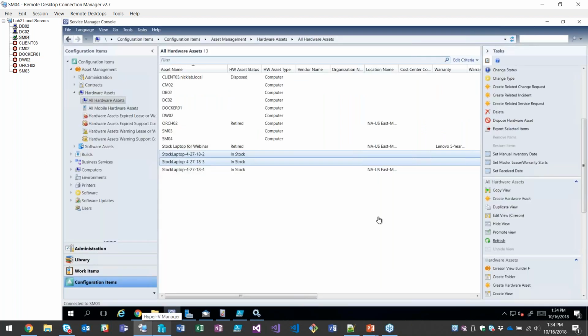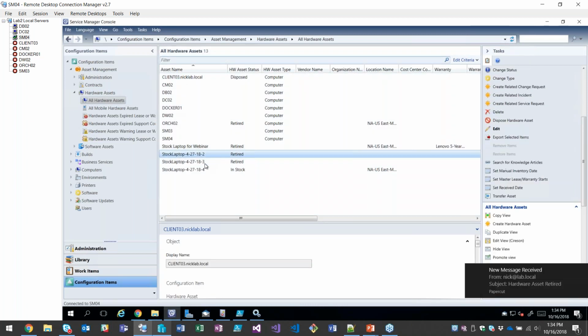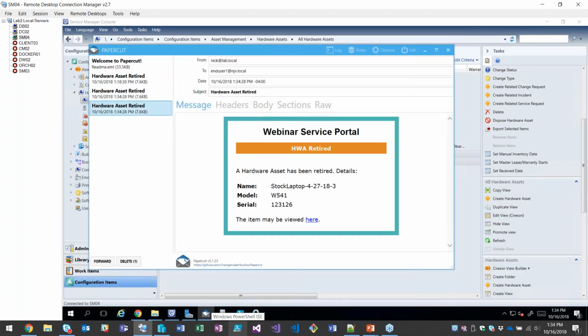Yep. So I refresh the page. Those 2 and only those 2 are now retired. We'll see, because it's still active, we actually got these 2 emails that we configured earlier. And if we refresh this page,